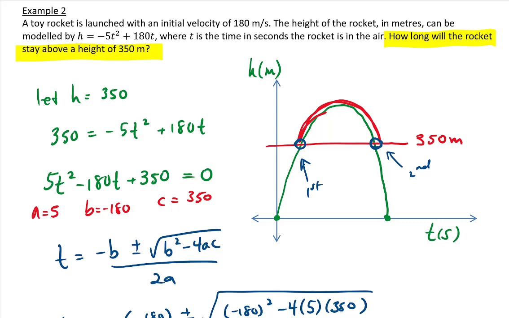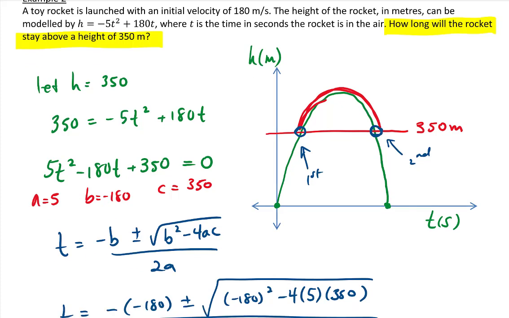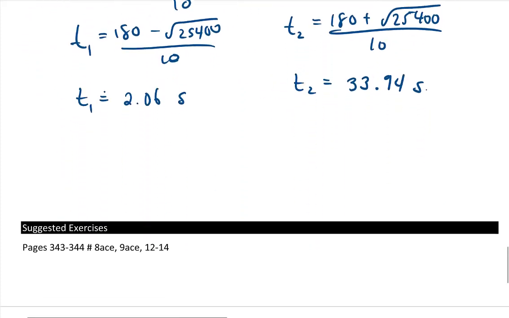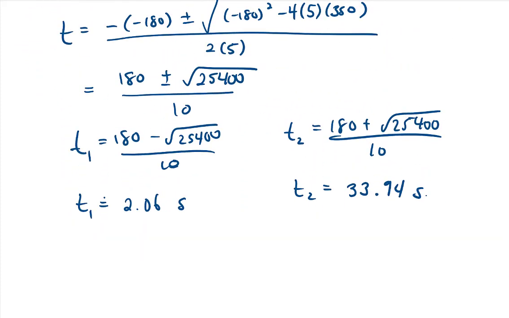Well, we have the two times, where it started and where it ended. So we need to subtract those two times to determine how long it stayed above. So we're going to take T2 minus T1. And if we subtract those two times, 33.94 minus 2.06, we get 31.88 seconds. So therefore, the rocket